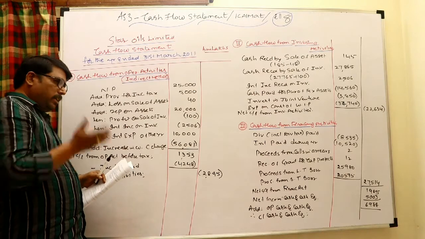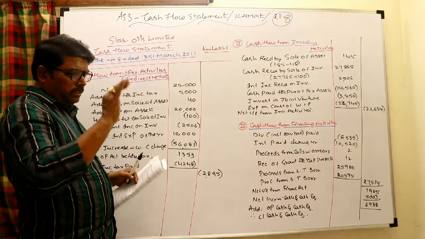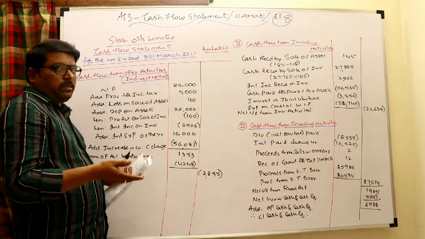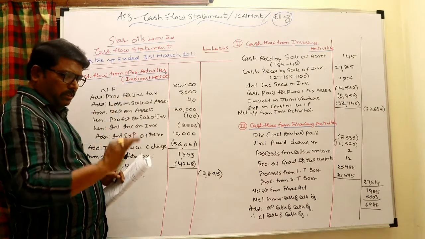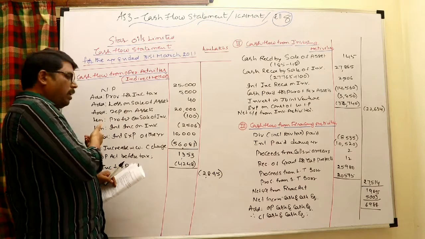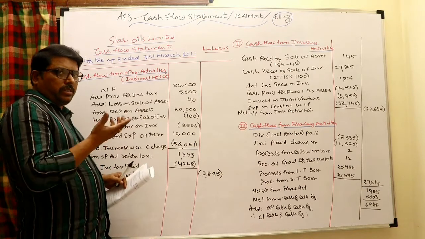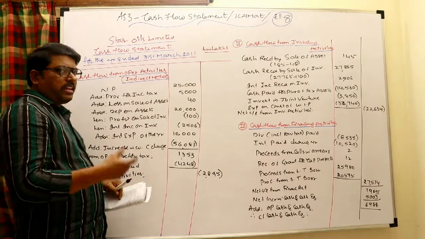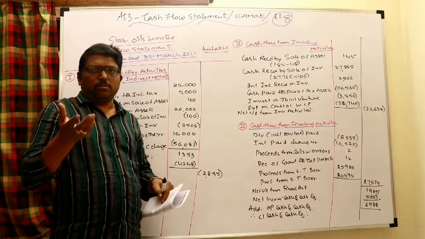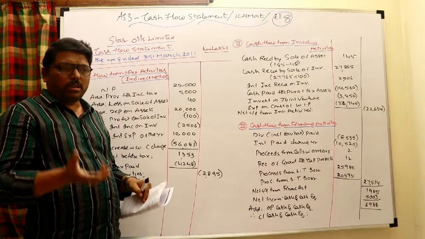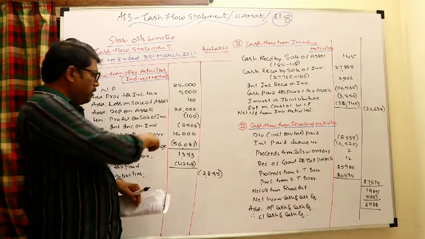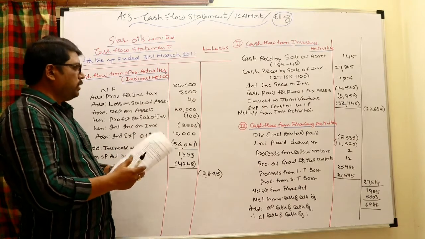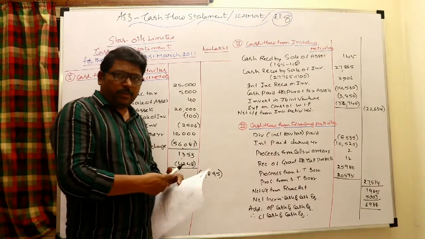But particularly, we know that while considering working capital change, increase in current assets like stock and debtors is outflow. Increase in current asset outflow, decrease in current asset inflow, and current liability increase inflow, decrease outflow. It is given increase in working capital change means current assets are more. Increase in current asset is nothing but outflow.